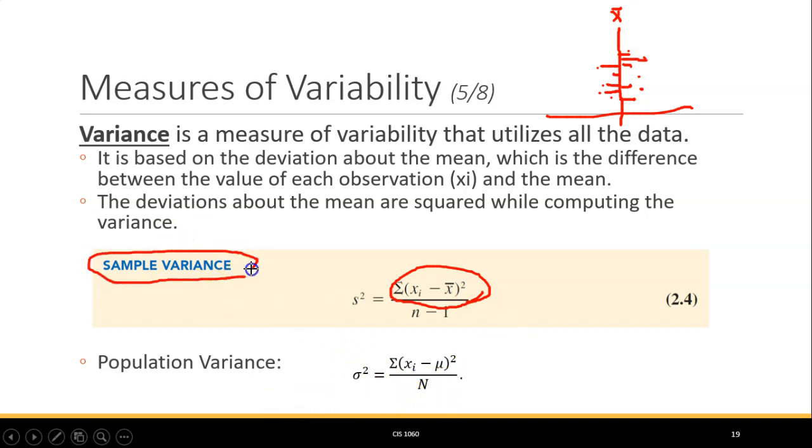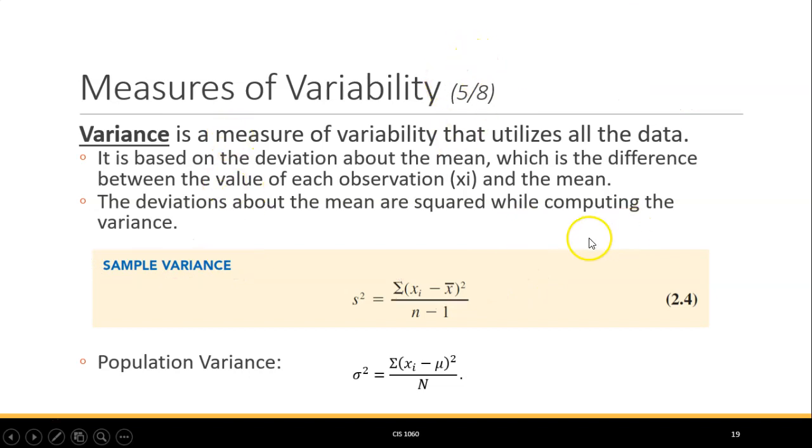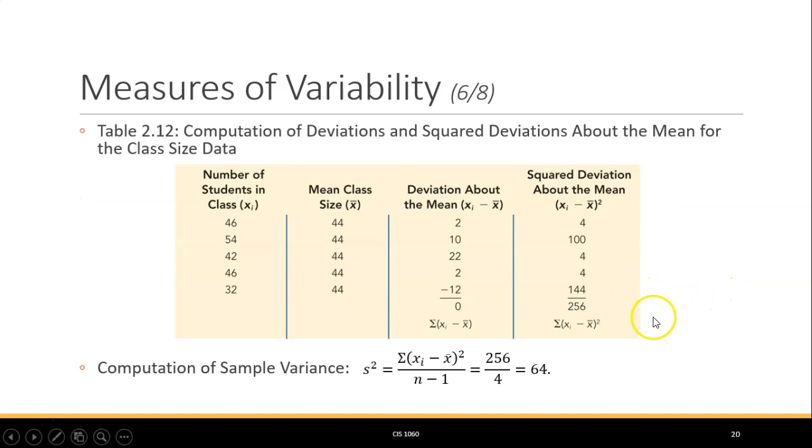So we then calculate our sample variance in this manner. As I mentioned before, you're going to be dealing with this more in statistics. Just know that variance is a key item when it comes to measuring variability. We'll go over this example shortly, but this is a basic example of how to calculate your